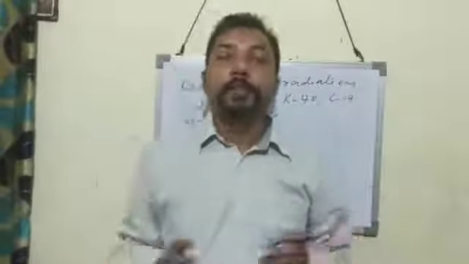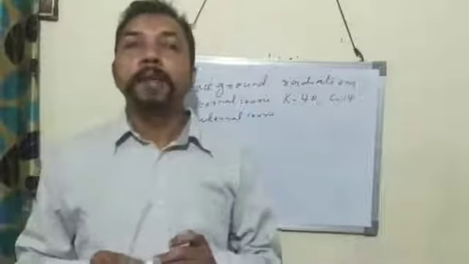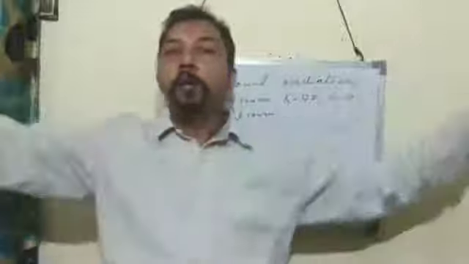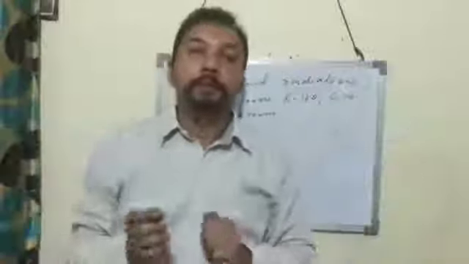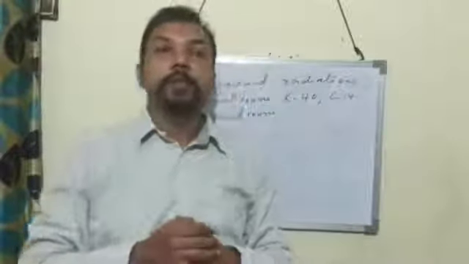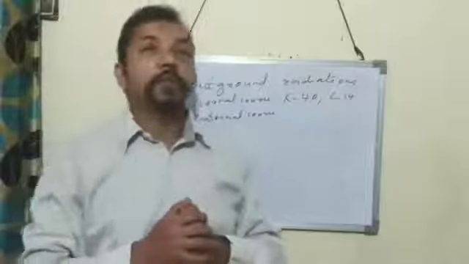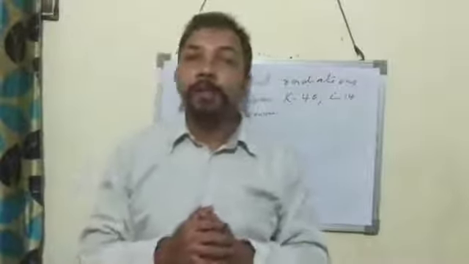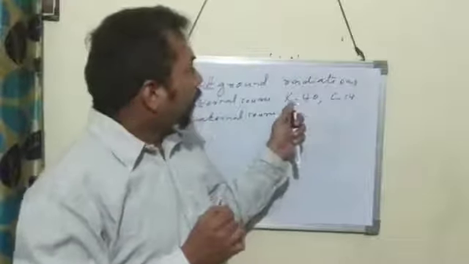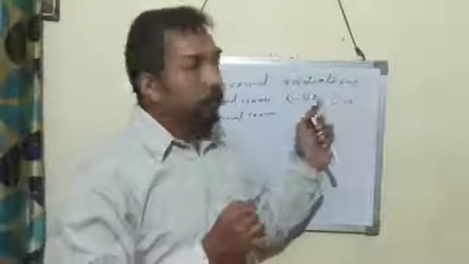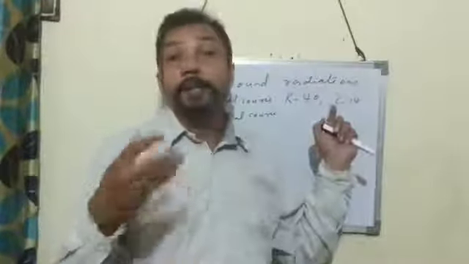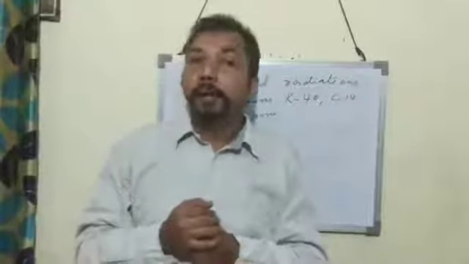Now the next topic is background radiation. What are background radiations? Background radiations are the harmful radiations which we all are exposed to at every time. So there are two types of sources of background radiation. These are internal sources and external source. So internal source means radioactive elements like K40, carbon 14, etc., which are present in our body. So that can give out these harmful radiations.